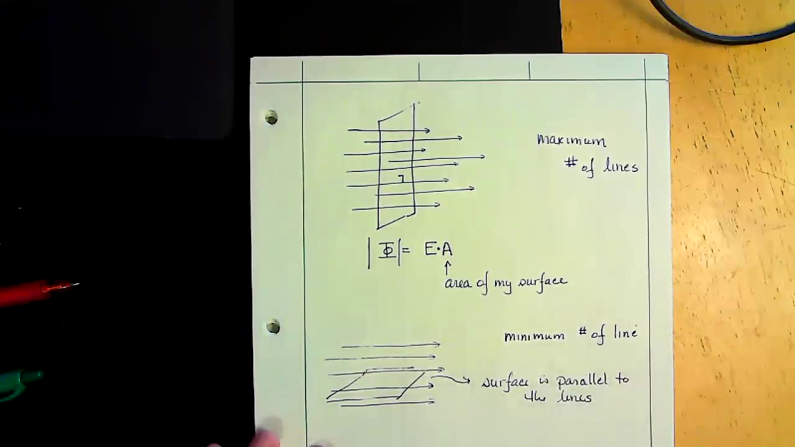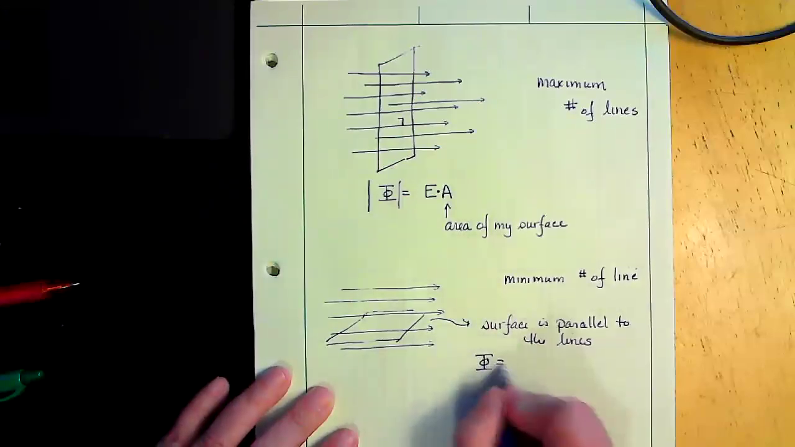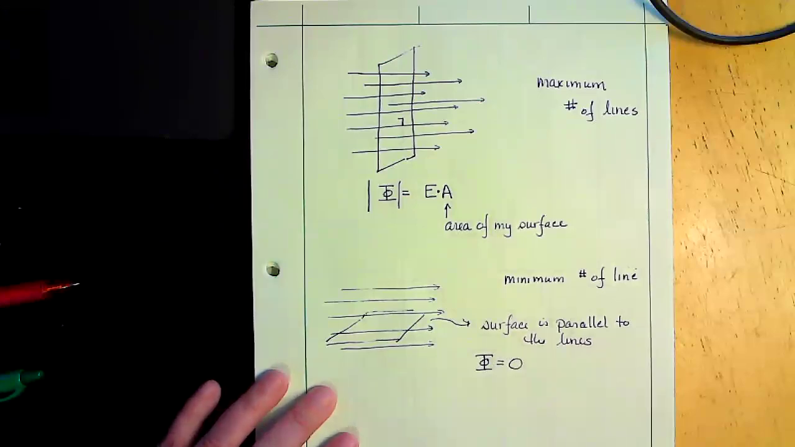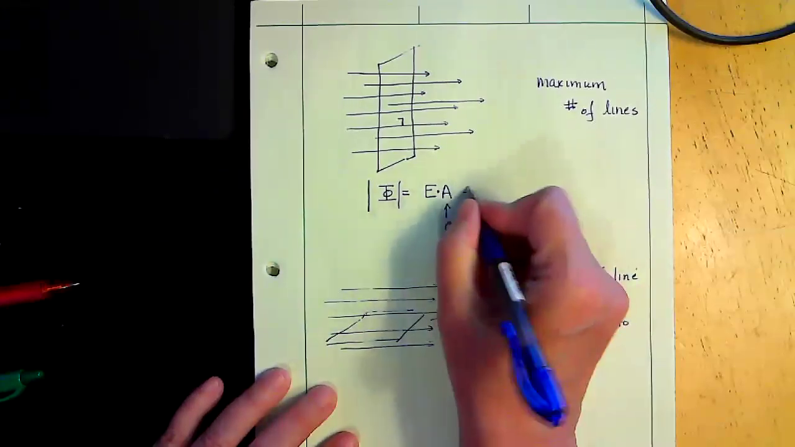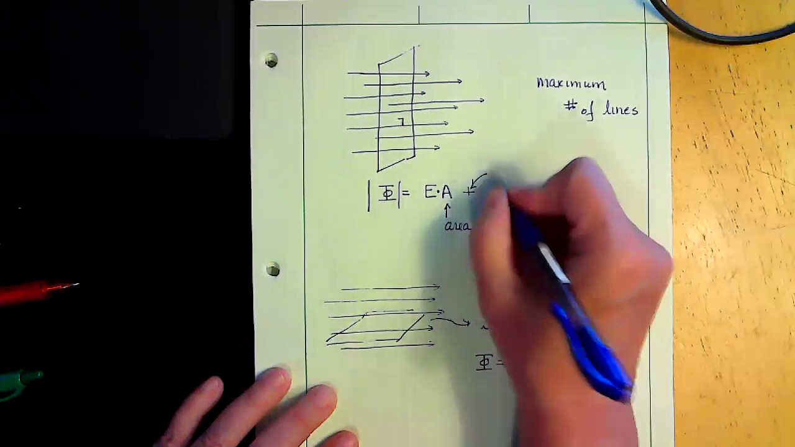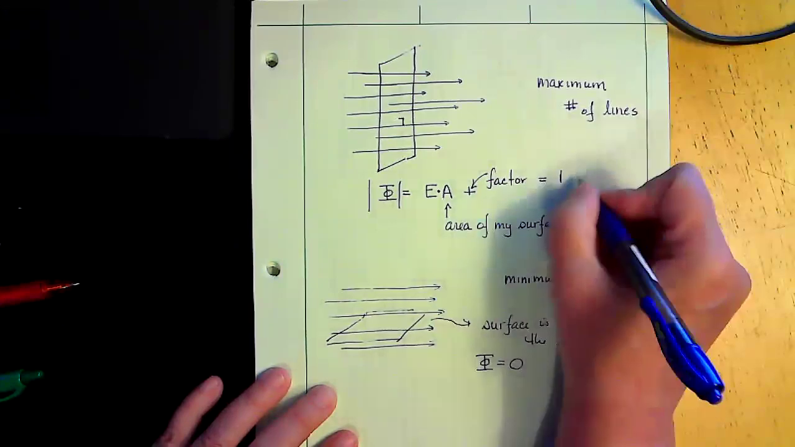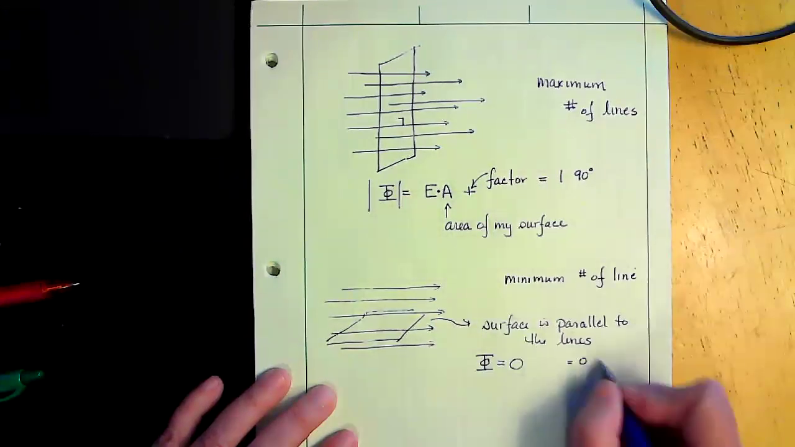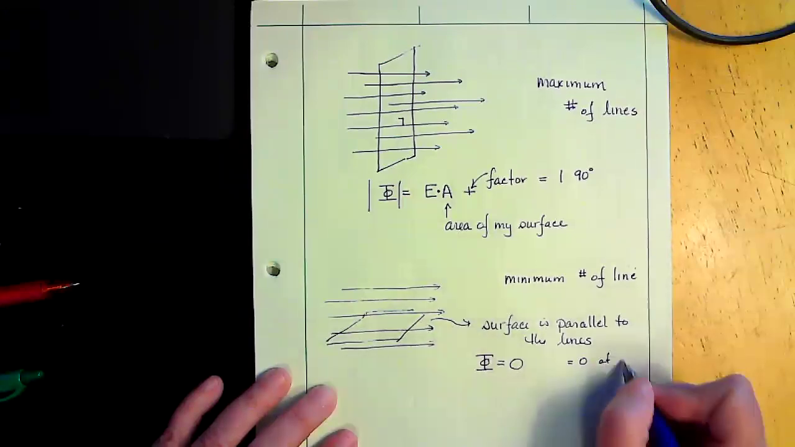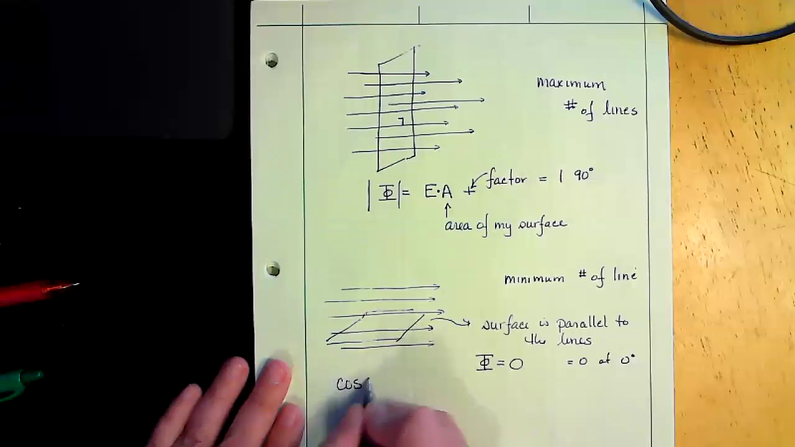I get my surface parallel to the lines. And then in that case, my flux is going to equal 0, because I'm going to deal with, this is the maximum. So I'm going to put some factor here that equals 1 when I'm at 90 degrees, and it equals 0 at 0 degrees. And we have something that does that. Cosine